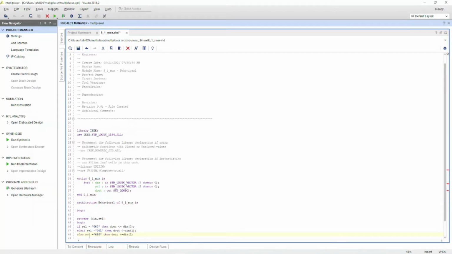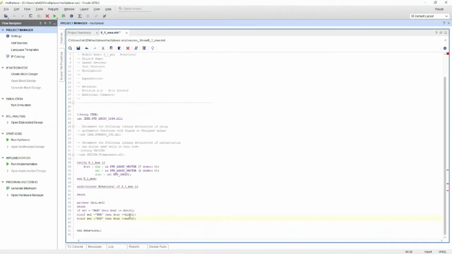Let me correct it. Wait, let me copy it once. Instead of writing it again and again, I will copy it and just change the values.